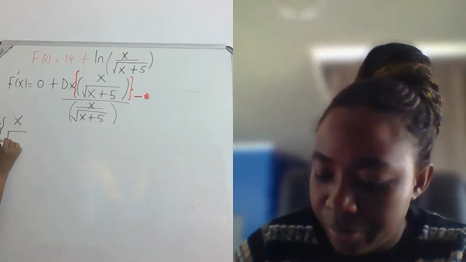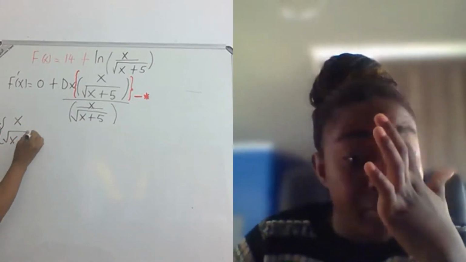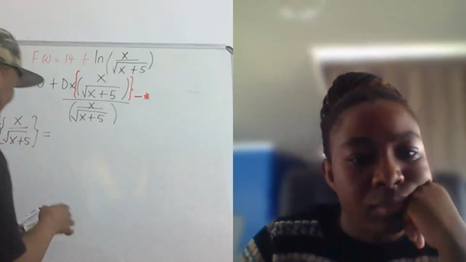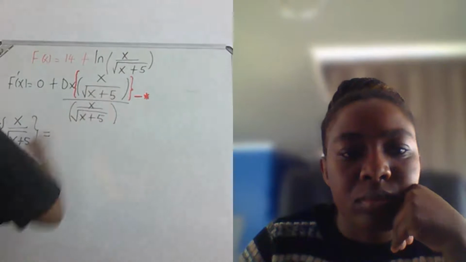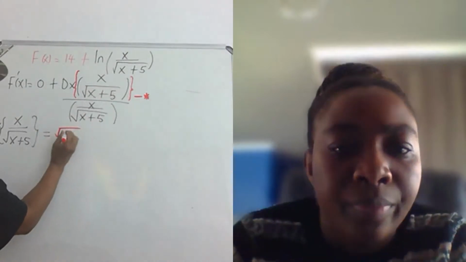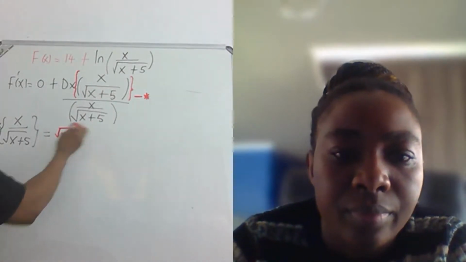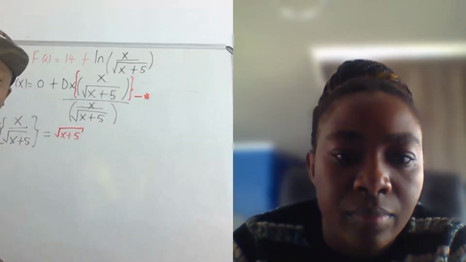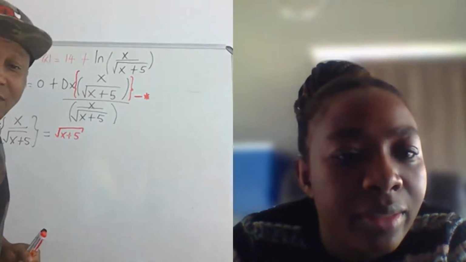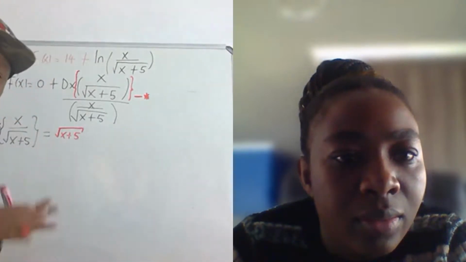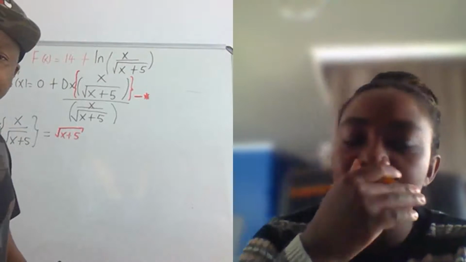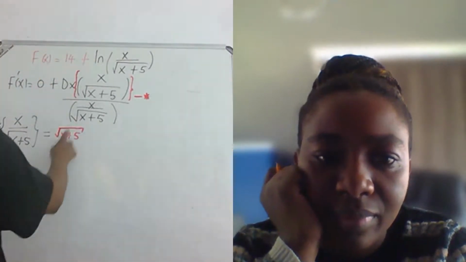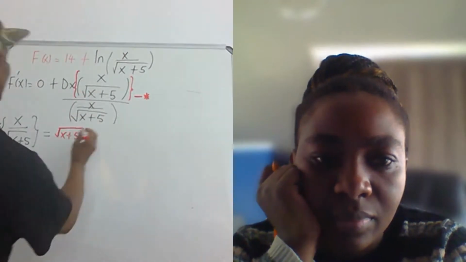x, square root of x plus 5, this is going to be denominator constant. What is the denominator? Square root of x plus 5. And then, should I do it straight away or should I show steps? Let's just do step by step for this one specifically. Okay, so this denominator constant and then differentiate